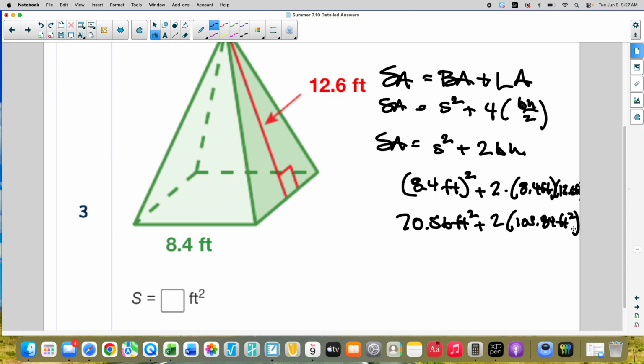And let's double that because we're timesing it by 2. Gives us 211.68 feet squared plus the 70.56 feet squared